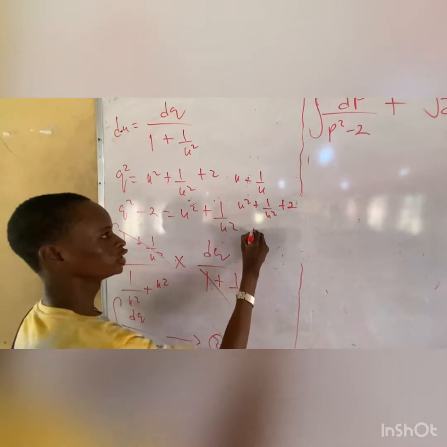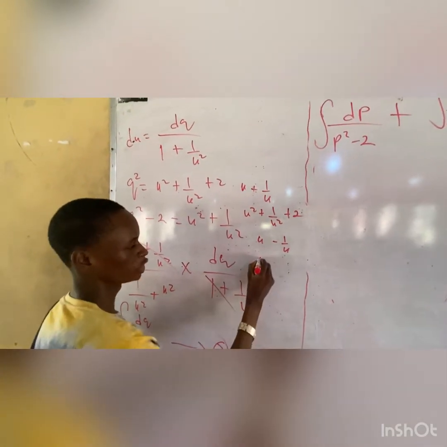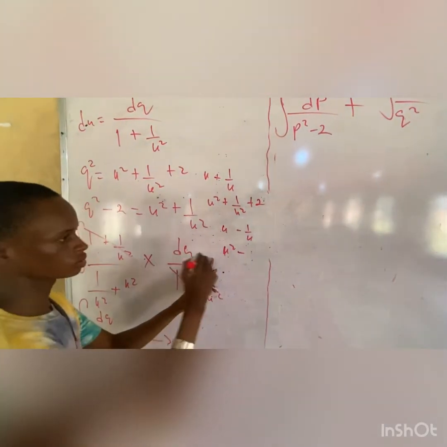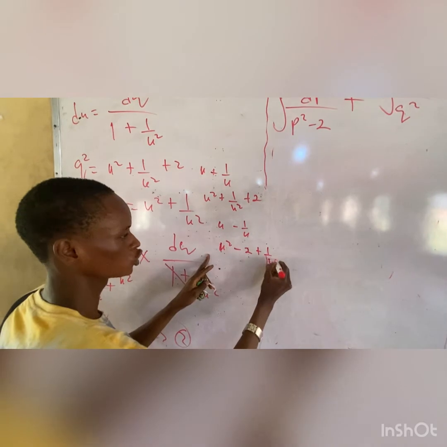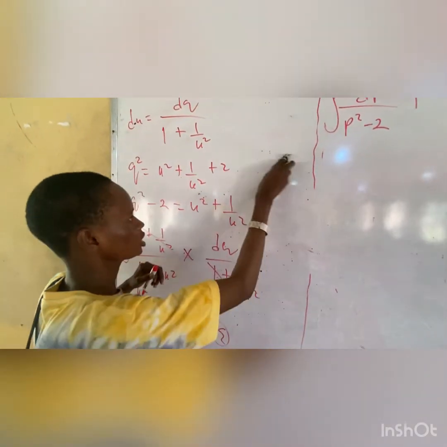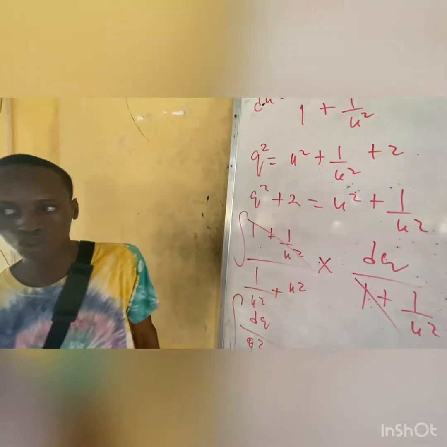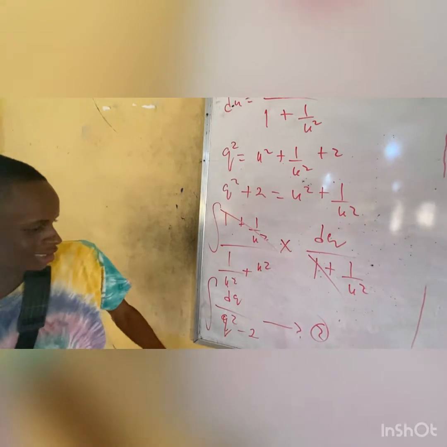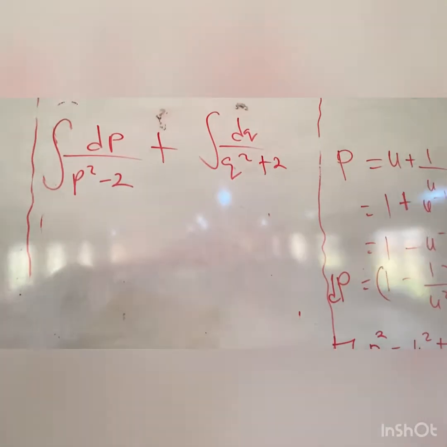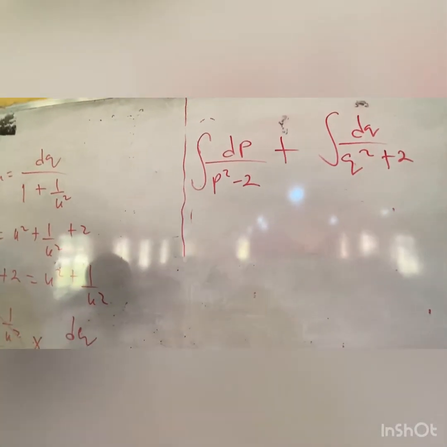But if it is u minus 1 over u, we are squaring it now: u squared minus 2 plus 1 over u squared. So okay, it will be plus there. So this is meant to be plus. So we figure out our mistake. This is meant to be plus. So that's q squared plus 2. Okay. So our second integral will be what? q squared plus 2. So this is our 2 integral.